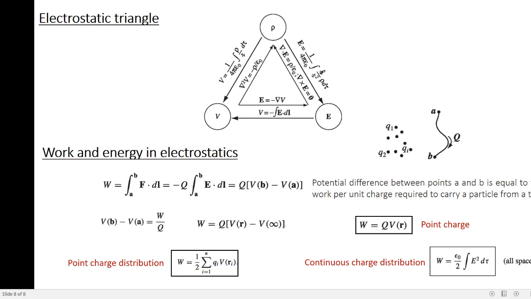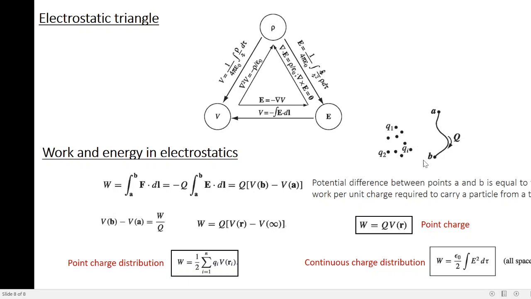So far we have learned about some of the properties of the electric field and electric potential. Now let's talk about what is the work done by the electrostatic field and what is the energy stored in the electrostatic field. If you recollect the example of a fan being the source, you have the air movement around the fan. So that is kind of a work done. Similarly, if you take fireplace as the source, you can experience heat, which is nothing but the thermal energy. So there are always work and energy associated with the field.